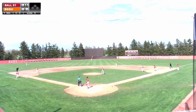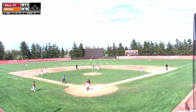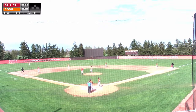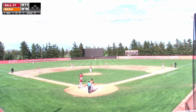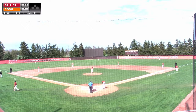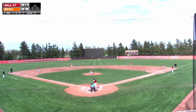Meanwhile, a pop-up, left side, it's fair and missed, and that's an error. Oh, they called it foul. He must have touched it in foul ground and knocked it into fair territory. That wind really played with that one, and Mason Montgomery couldn't field it as he came into foul territory. Then he drifted back toward the line. Home plate umpire Frank Barkett determined that when his glove touched that ball in the air, it was on the foul side of the field, and then it rolled into fair. That is a foul ball. So it's 0-1. Here leading off the 6th inning